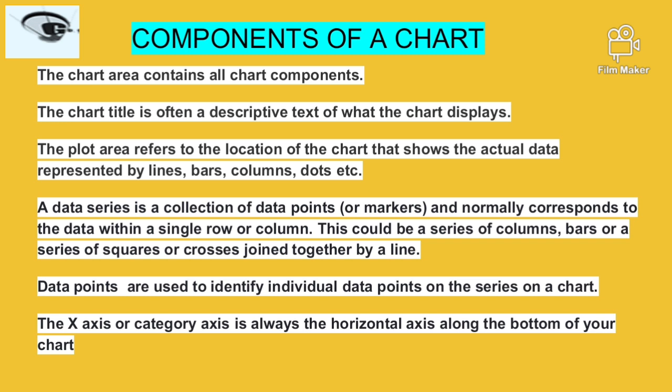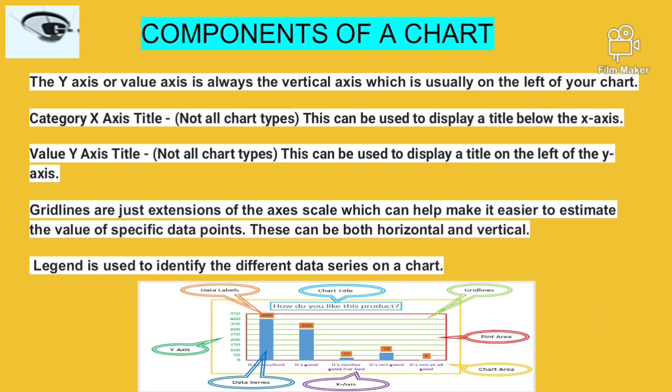Another component of the chart is the chart title. It is a suitable heading that defines what the chart is about. So the chart title can be explained as the heading given to the chart which tells about the main aim of the chart. Another component is the plot area. It is the area over the chart area that contains the actual chart. The actual components, for example, the axis along with the data series, are created on the plot area.